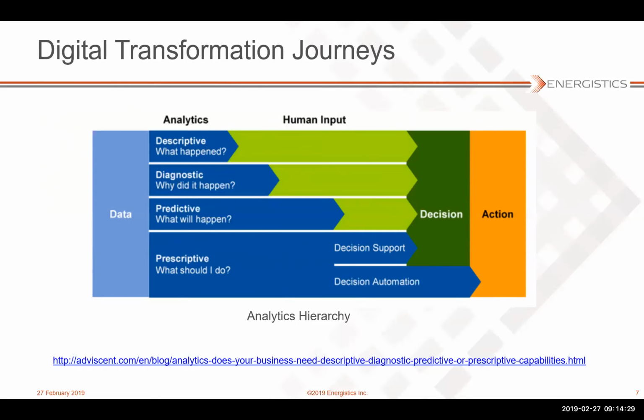And that first level of decision support, there's still a human in the loop. So the analytics system surfaces recommendations to an operator. That operator makes a decision on the basis of that information. For example, should I shut the machine down for maintenance, or should I keep going? And decision automation is the next level, where the machine itself is intelligent enough to understand both what's about to happen, what steps it could take, and is able to go ahead and take a step on its own. So these are typical objectives that people are working towards.